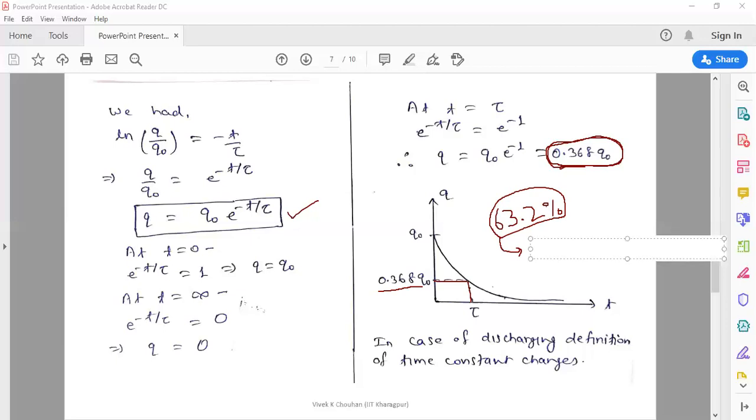Okay, yes sir, this much of charge will get decreased. Now,